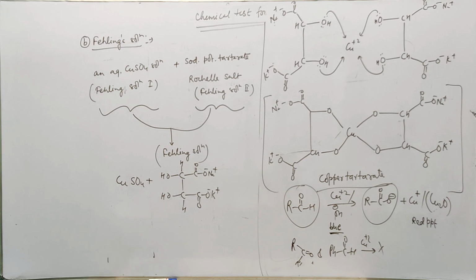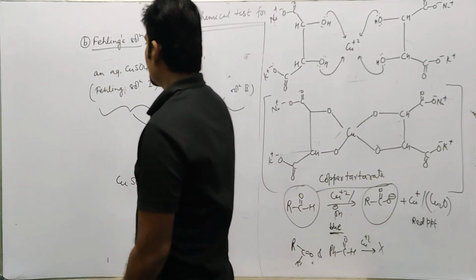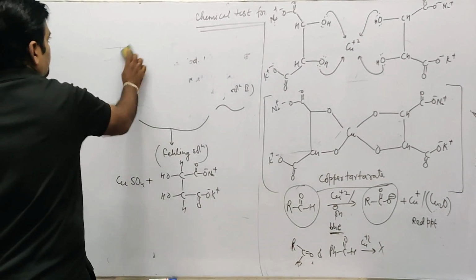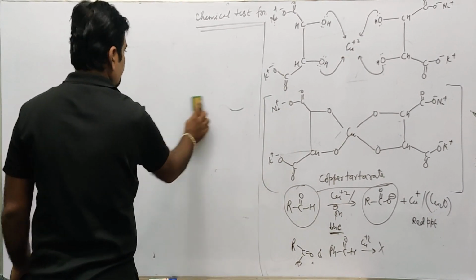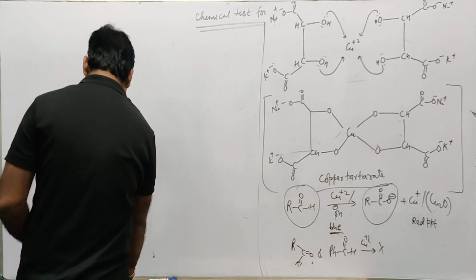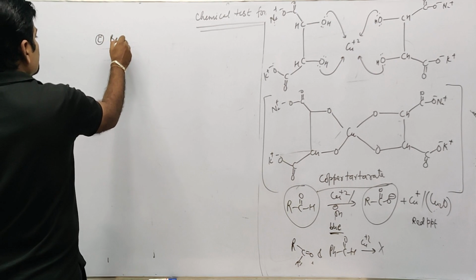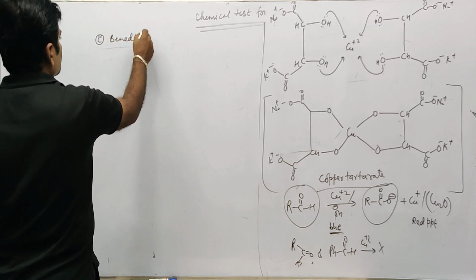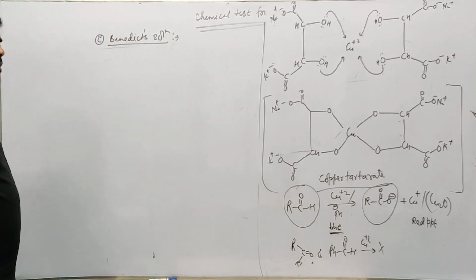Okay, all right. So this is about Fehling's solution. Next is Benedict's solution. Benedict's solution. What is Benedict's solution? Write down,